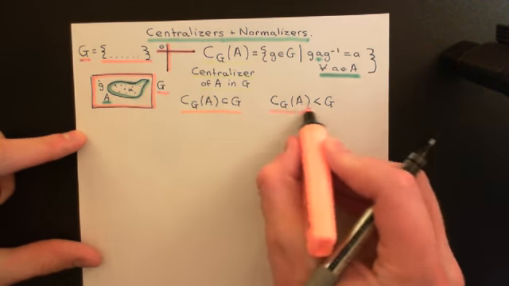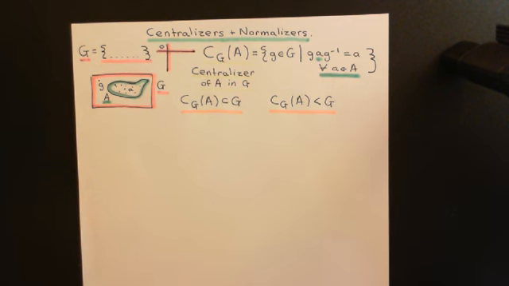Okay, so we already know that it is indeed a subset of the group capital G. What we now need to show is that with the inherited composition law from the larger group capital G on it, the centralizer of A in G actually obeys the axioms of group theory. So again, there are 4 axioms of group theory. We've done this before in previous videos in this playlist. There are 4 axioms of group theory, and we know that when we're checking that a subset is a subgroup,